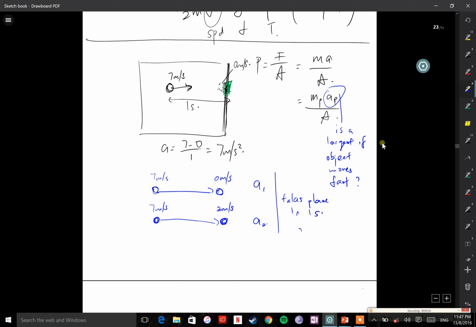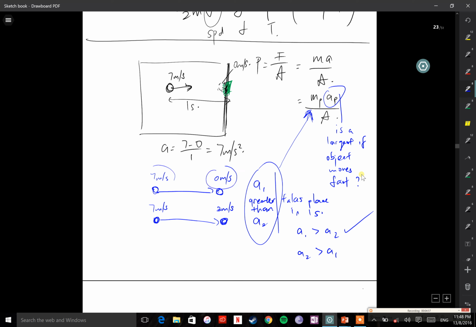Which a will be greater? Is a1 greater than a2, or a2 greater than a1? Of course, if you do your calculation, you should realize that a1 is definitely greater than a2. Now if we know that a1 is greater than a2, and we look at this equation again,